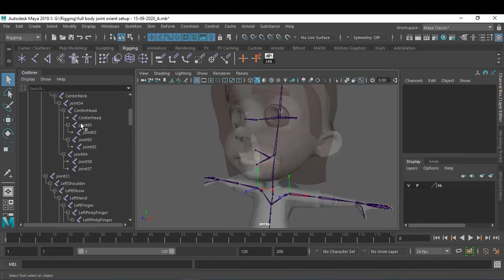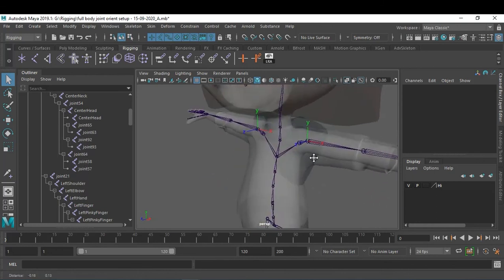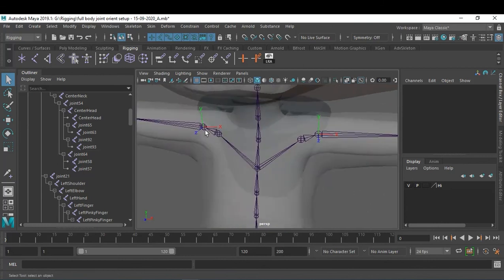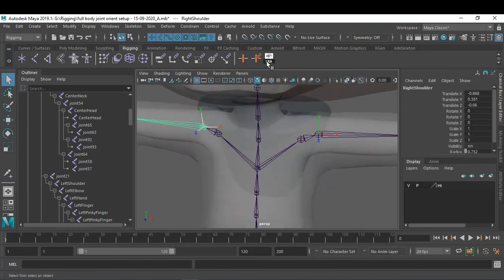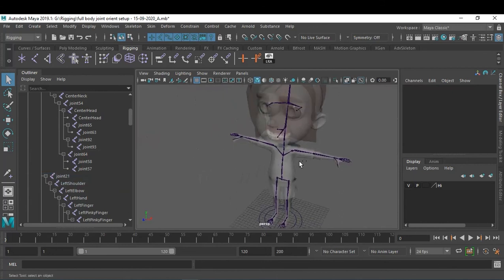So instead of going over here and naming each and every joint, you can just follow this particular method. This is recommended. Okay. And hide the local rotation axis and save it.